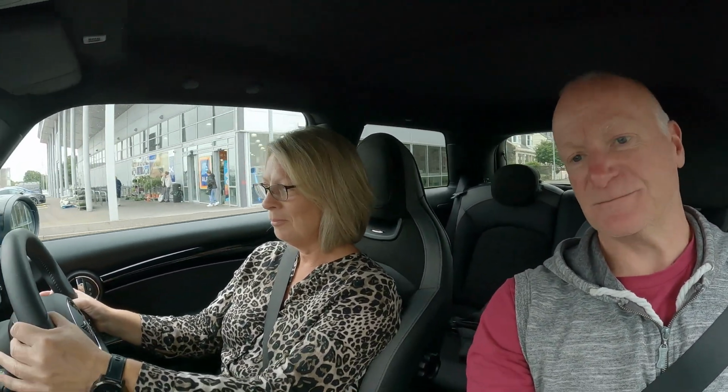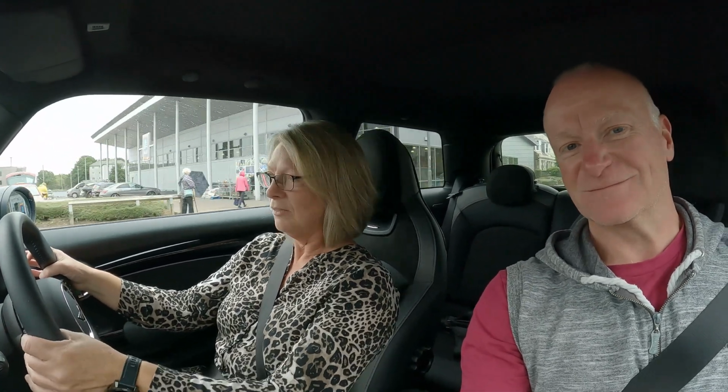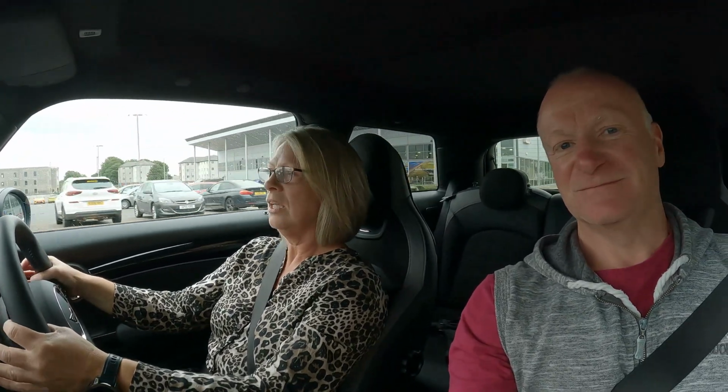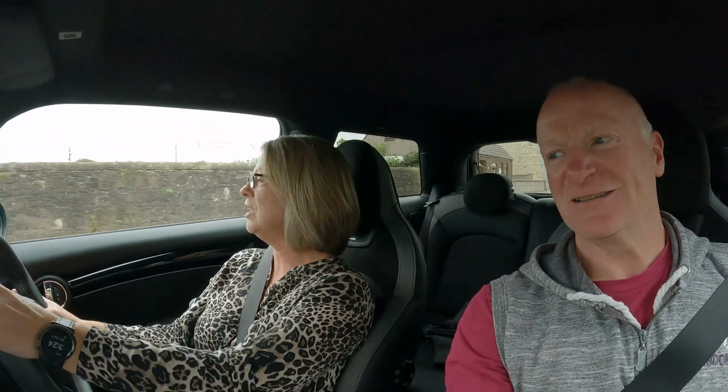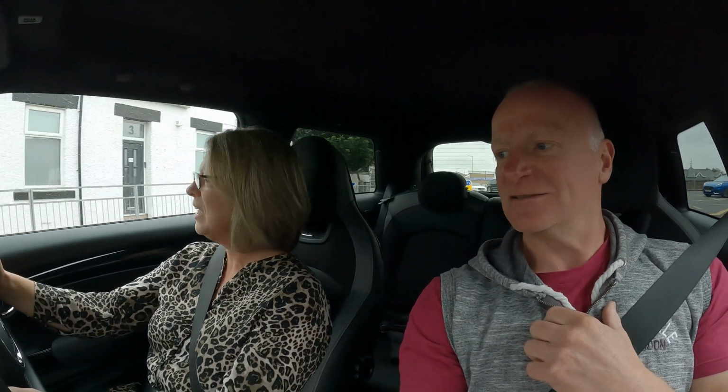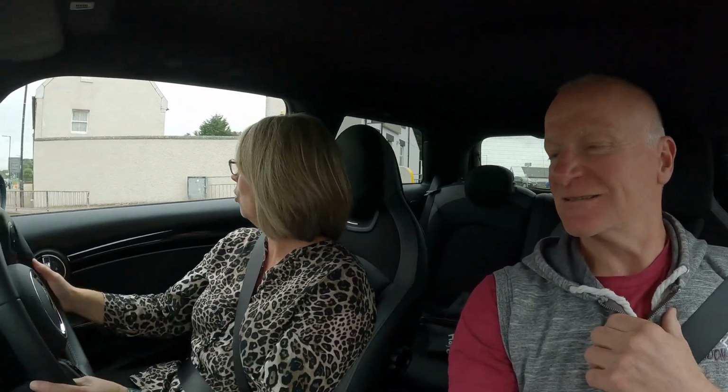Okay, and the gearbox? Yeah, as far as an auto goes, okay. Smoother than the Polo, or? Slightly smoother than the Polo, but probably just not smooth enough for me overall, which will draw me towards the manual, because I think. And the brakes and the steering, how do the brakes feel? Everything's okay, although the steering I feel a little bit heavy in the auto. And we're in mid mode, normal mode at the moment, so we're not in sport, so you wouldn't expect it to be heavy. And I'm not saying heavy, maybe heavy is a bit strong a word, but